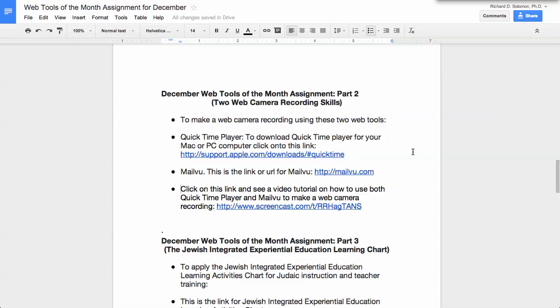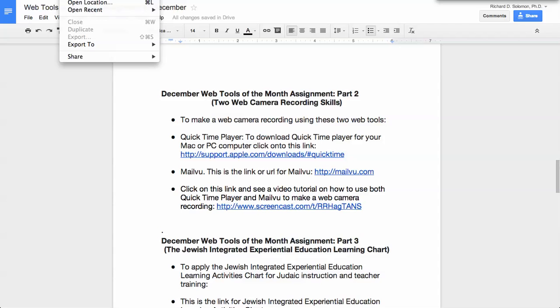Now let me show you how Time Player works as a web recording tool. So let me click on my Time Player. Now I realize you're unable to see the top of the menu, but when you install Time Player, you will go to the File menu and you'll click on Make a New Movie Recording. A new movie recording is a webcam recording. You also have choices to create audio recordings or screen recordings, but we're just going to make a new movie or webcam recording. You click on that,